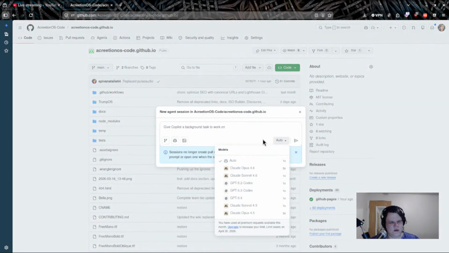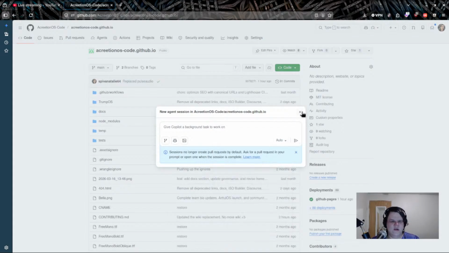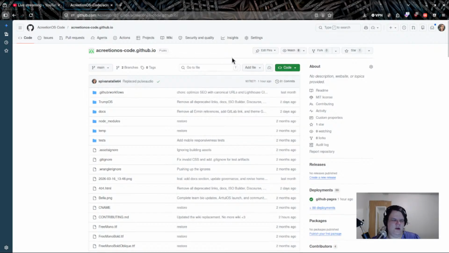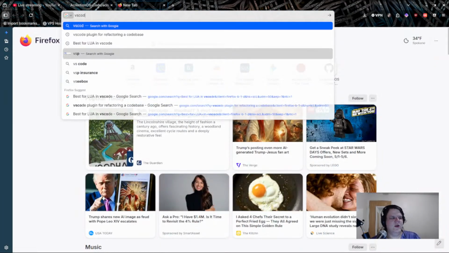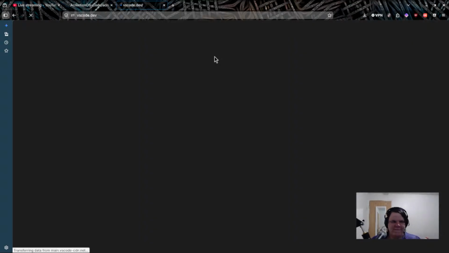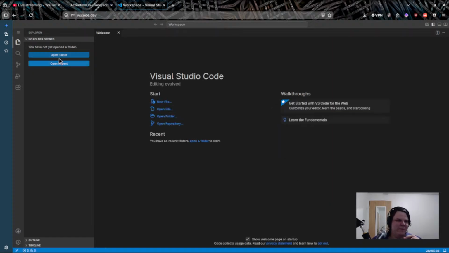I mean, I guess I could just use an agent, but no, you have to use a premium one. No, I'm not doing that. Let me see. No, I'm not using a CLI. Fine. Screw off. VSCode.dev. This is the online one. I just don't want to open actual VS Code for one change, you know.